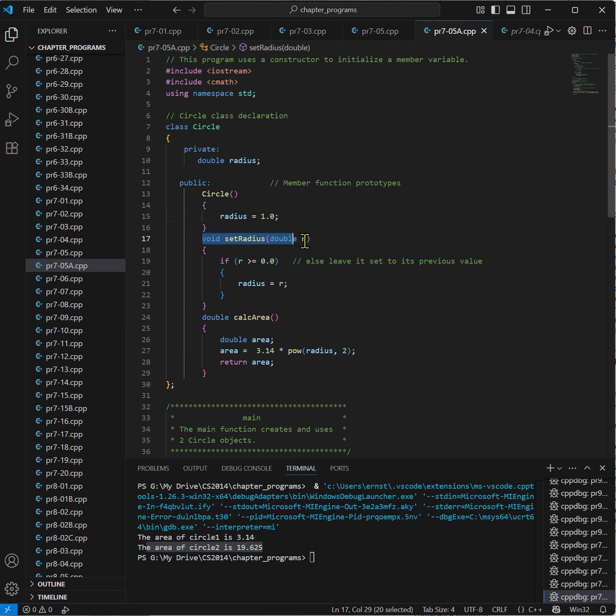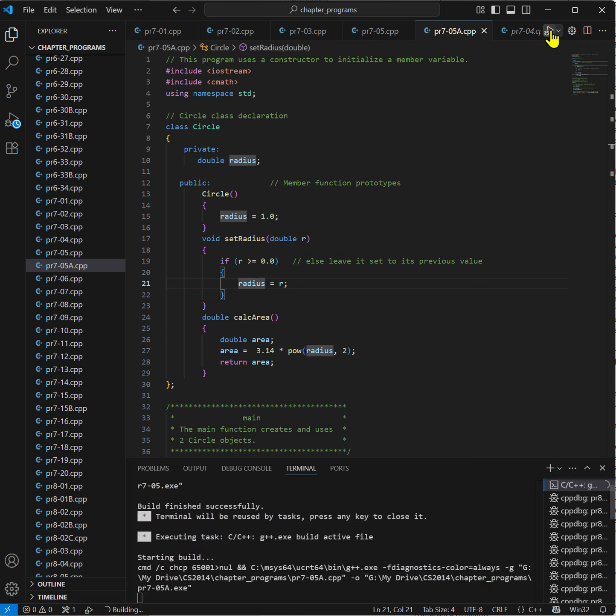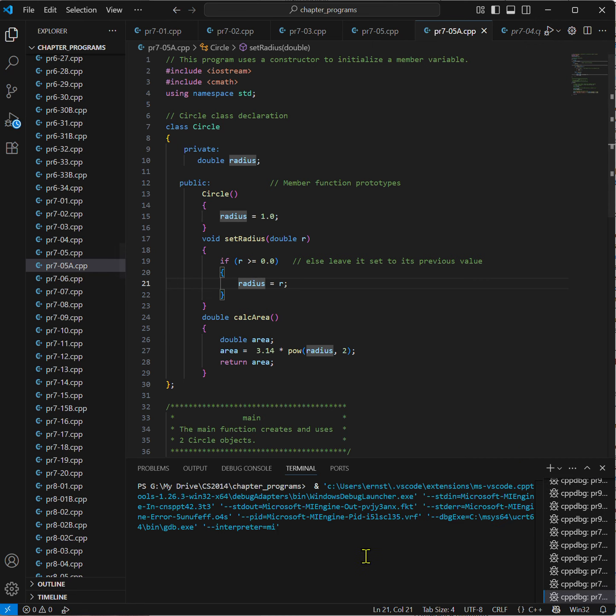We can change it now from the default value. Again, you see if the radius is greater or equal to 0, then we take that outside number and put that in the internal radius. And then over here we have calc area. Now let me run this, and you'll see that we have exactly the same